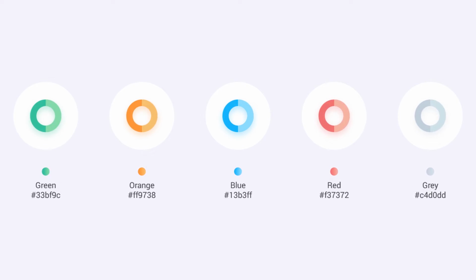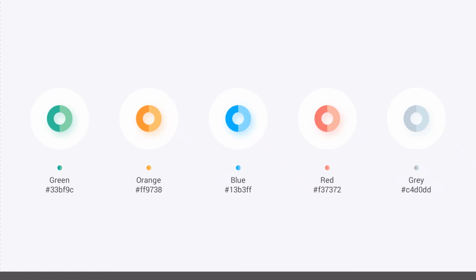This simple color palette, I have taken five colors. First is green, then orange, then blue, red, gray. The respective color codes I have added below, and I have given this kind of simple effect to this color palette. When you create the design style guide, if you create this kind of color palette and add it in your layout, it looks very good and visually appealing.